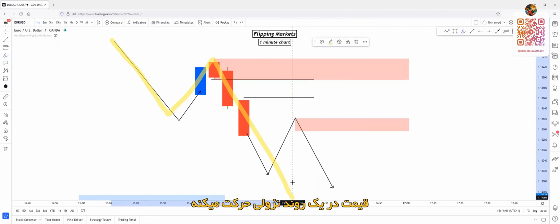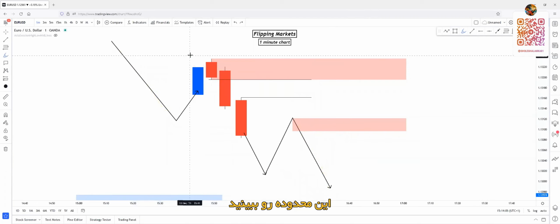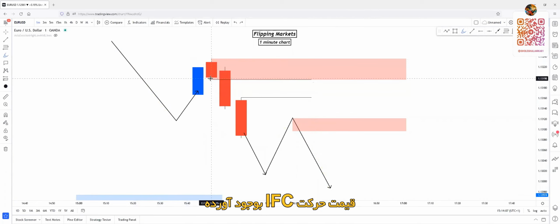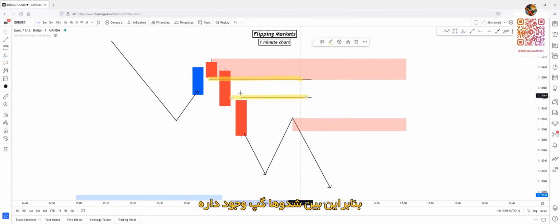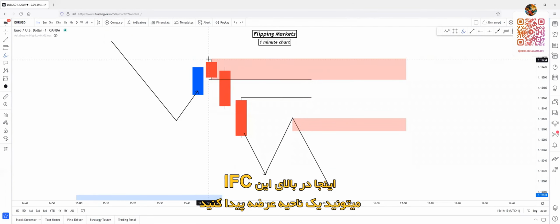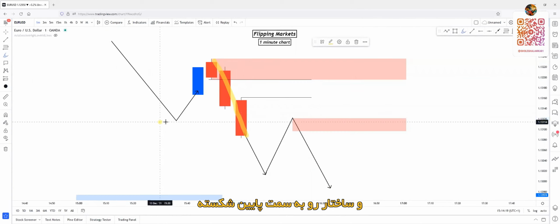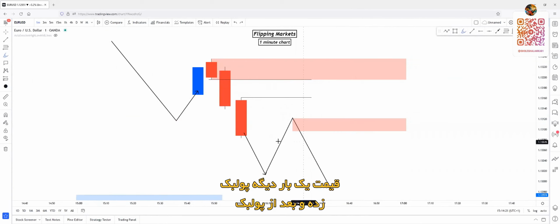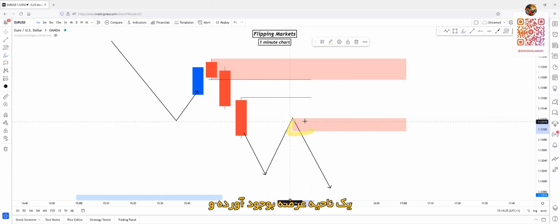Price is moving in a downtrend, as you can see. In this region, price created an inefficient move. So there's a gap between the wicks. So this means there's imbalance, there's inefficiency. Above this inefficiency, you can find the supply zone right here, because this supply zone created inefficient movement and broke structure through the downside. Let's say price creates another pullback, and after the pullback, it creates another supply zone and breaks